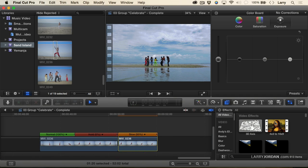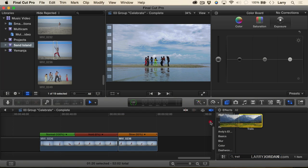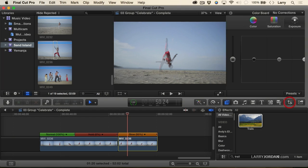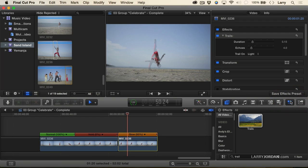But I want to add another effect to it. This is called a trails effect. Drop it on here. And now as she moves, we can trail after her the image of what she's doing. So let's just have the duration be a half a second. We'll have 6 echoes, and we're going to trail the dark. And now as we watch this,